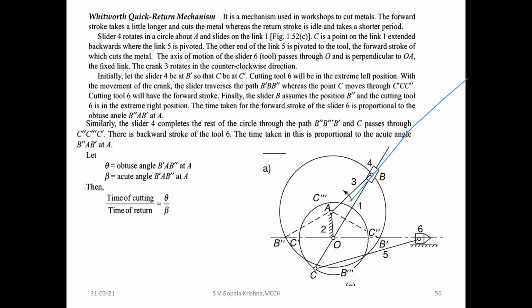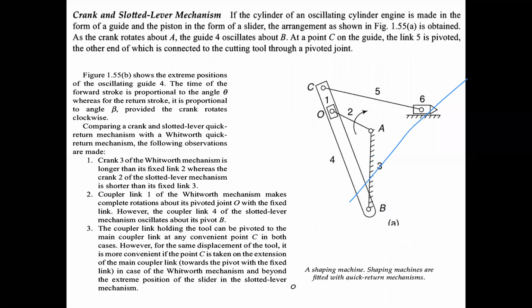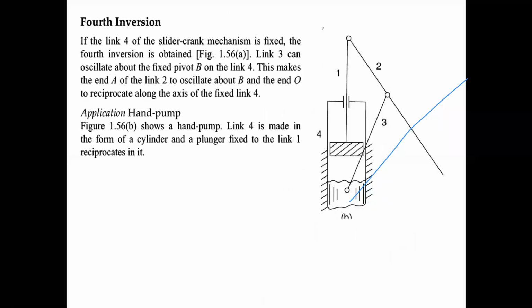Number 31. And another inversion is there, that is the last inversion, the hand pump. Did you observe the hand pump? That is one type of mechanism. How do we achieve water with the help of hand pedaling? When you are doing the hand pedaling, we can get the water. So what is the mechanism happening? That is the single slider crank chain, similar to this one. That is one inversion.